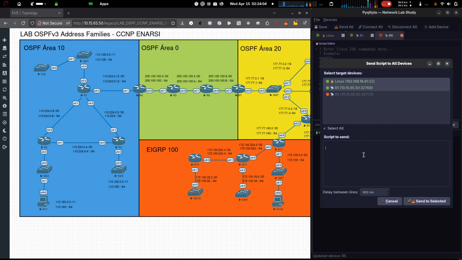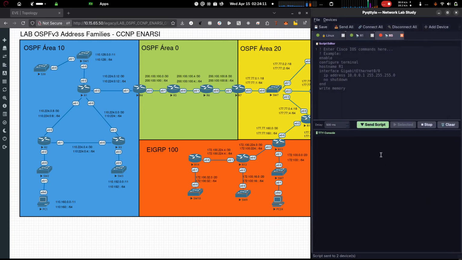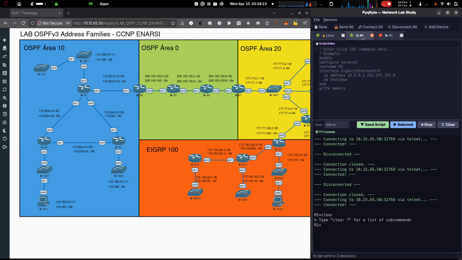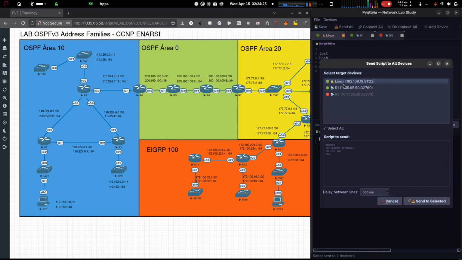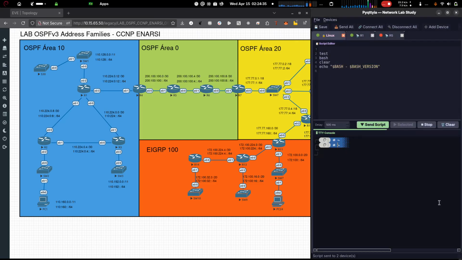So I'll send to Linux, send to Roan, a clear command here. So if I look at R5, it didn't send anything, it's disconnected. On Roan, it sent clear, which means nothing to it. And on Linux here it did a clear, went back to the original prompt, so to speak. I can come here and send another command here, for example. You see that for Linux it sends the clear, clears the terminal, and I can send this script that's up here.